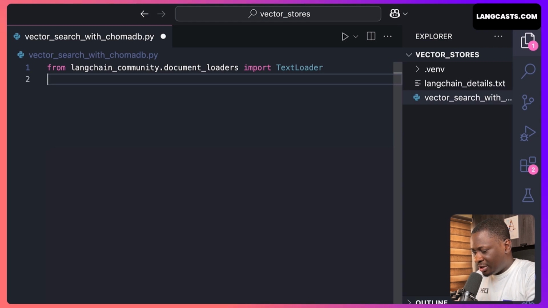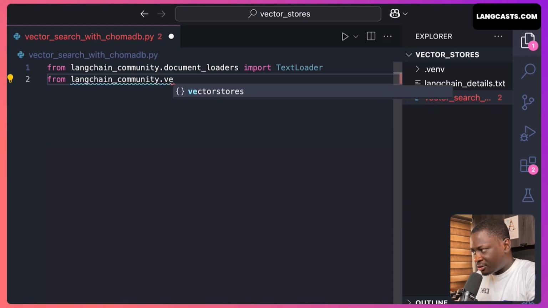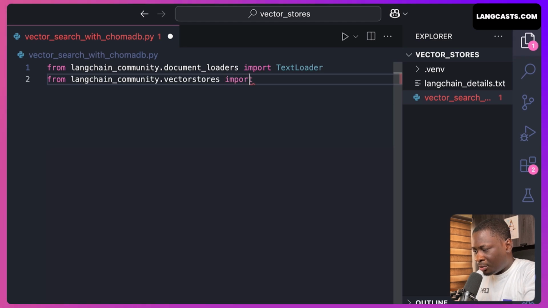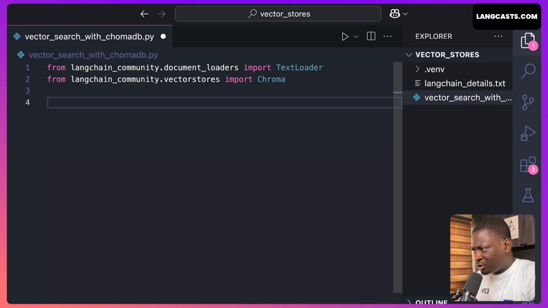Next, let us bring in our Chromadb wrapper. We'll say from LangChain community dot vector stores import Chroma. So that gives us the Chroma class that we need to work with our Chromadb. If you're working with a different database, be sure to change this. After these two, we also need one more thing. We need LangChain OpenAI, and I've not installed that